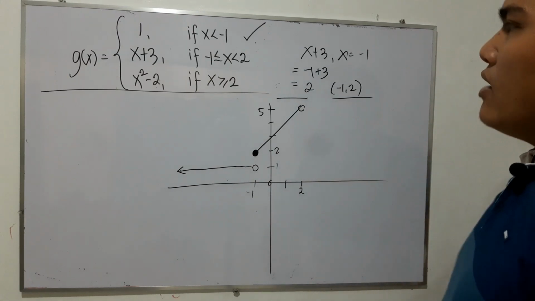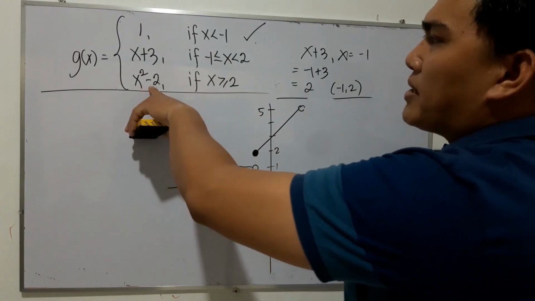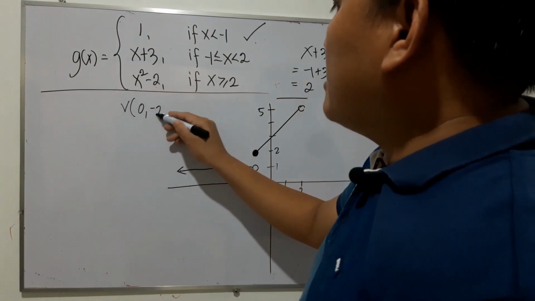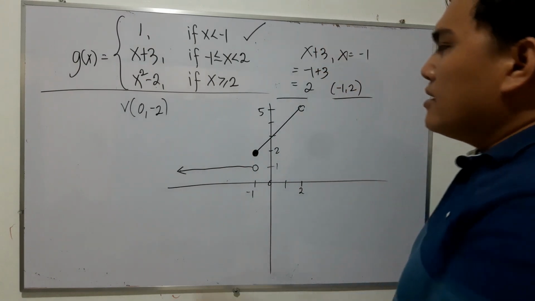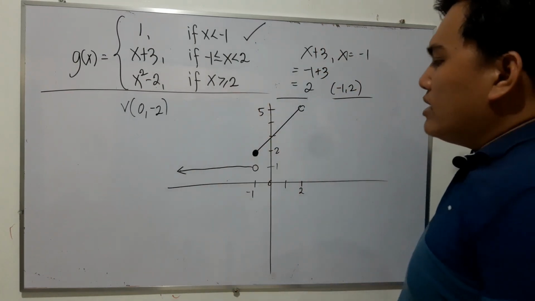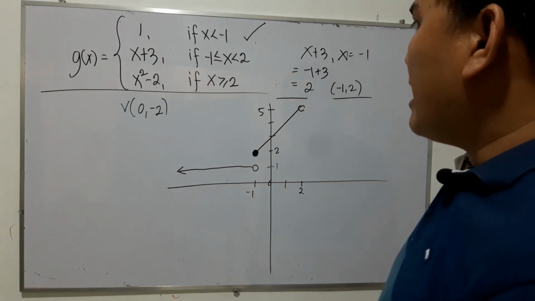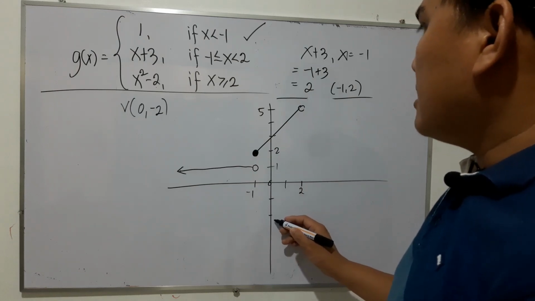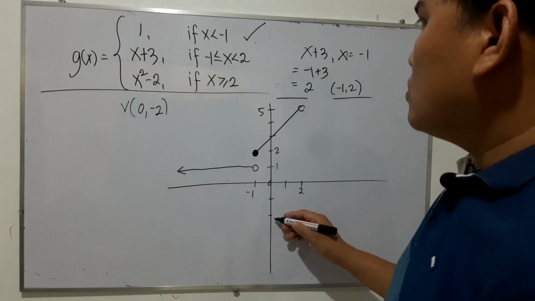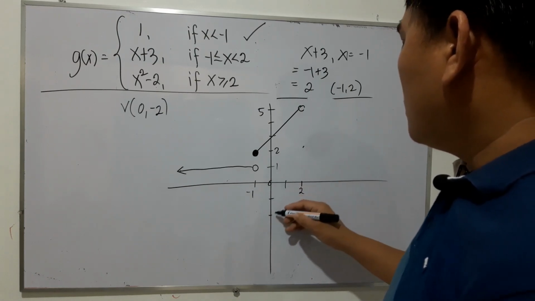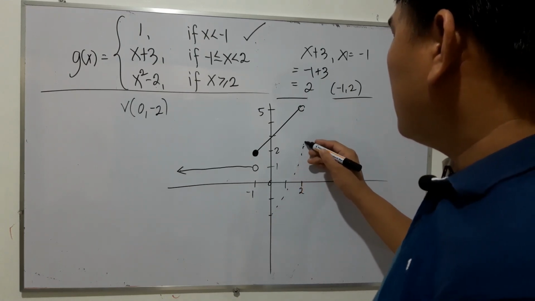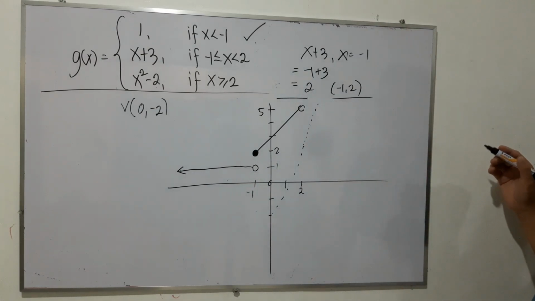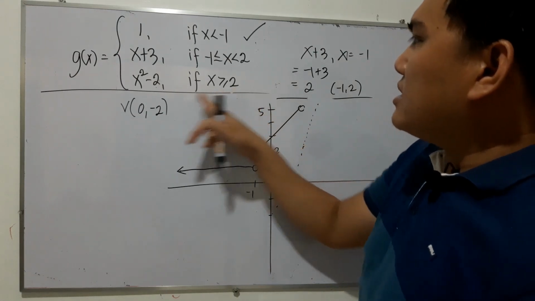Okay. How about the last part? This is a parabola with vertex at 0, negative 2, and opens upward. But the domain is restricted only from 2. So the graph is supposed to be like this. But then, the domain is restricted only from 2, but when x is 2,